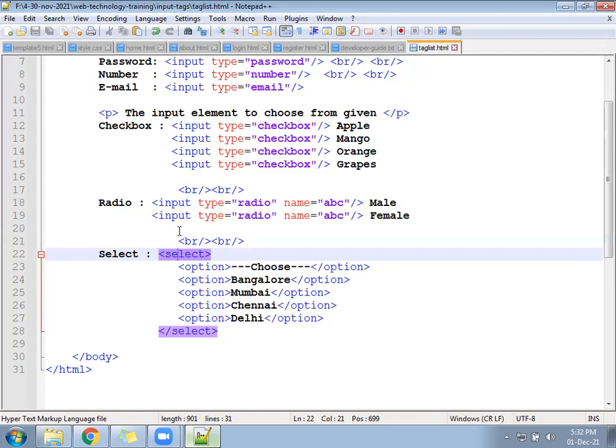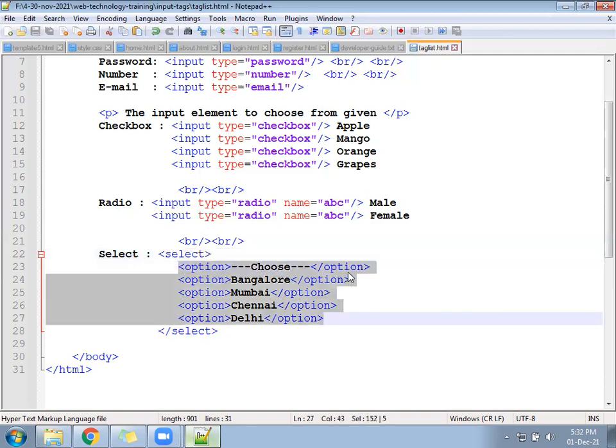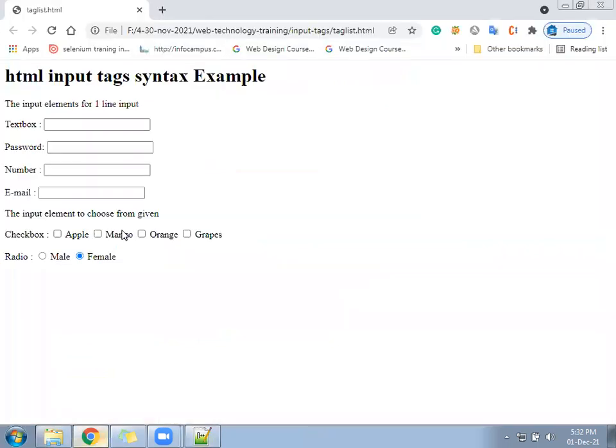So there is an element called optgroup. Whichever options you are displaying here, you can group them, saying this particular city belongs to Karnataka, and this particular city belongs to Maharashtra. So the user will click on that and say, okay, under Karnataka these are all the options, under Maharashtra these are all the options. So that is called optgroup. Let's implement that also. Hope your page looks like this.